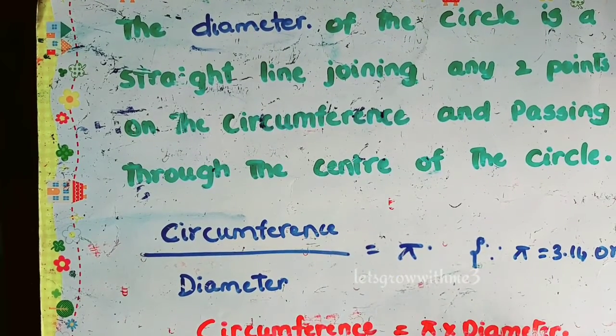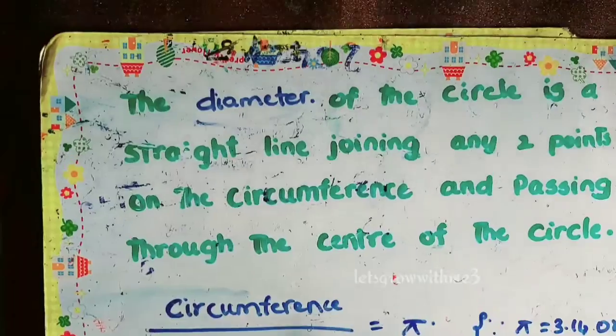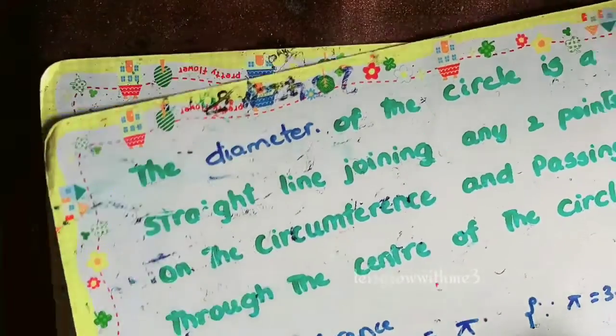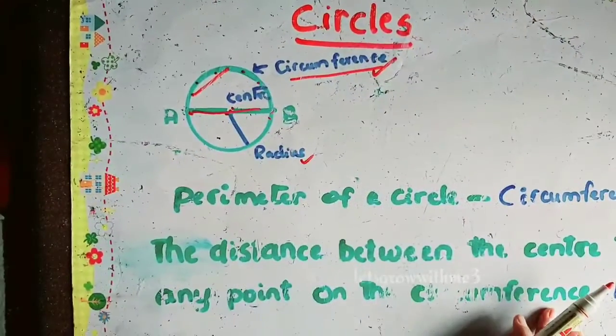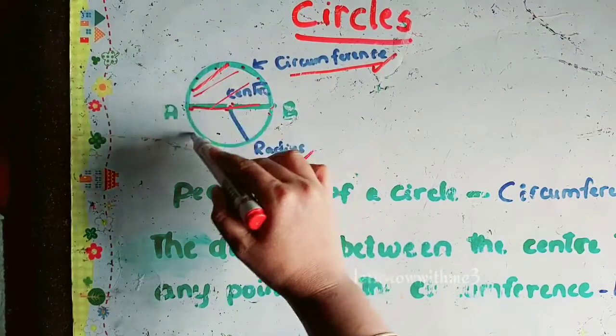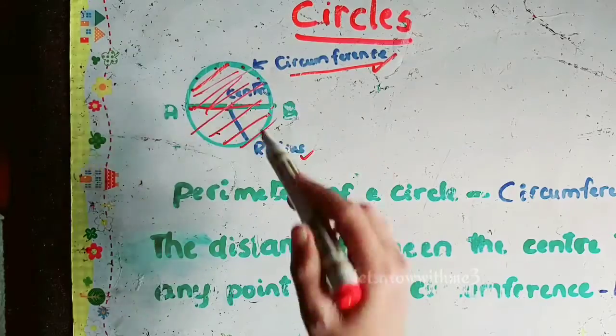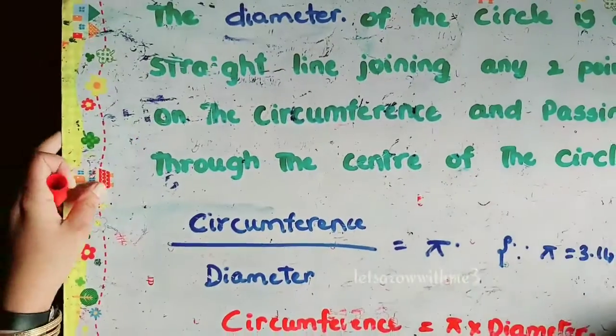Next we will see what you mean by area. Area is nothing but the inside part of our boundary. The space inside the boundary of a particular shape, we call it an area. I'll show you in the picture. This part we will call an area. Okay, this is the area. Now we have learnt all the terms.